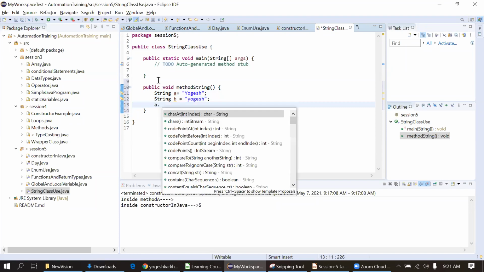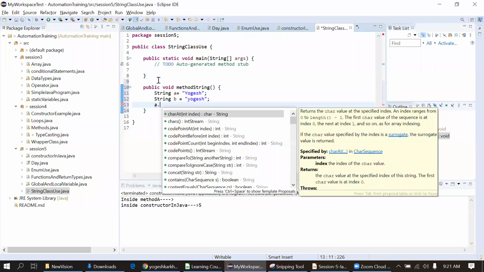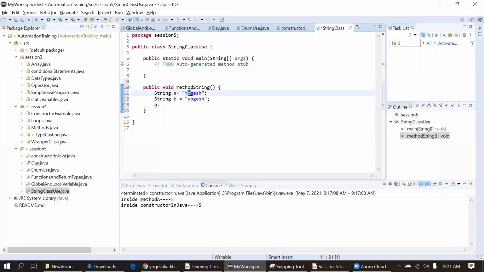We can see the multiple options here now. If I want to find the character at an index, say index 1, it will be o in both cases. Index always starts with 0, so 0 will be Y, then 1, 2, 3, 4, 5.